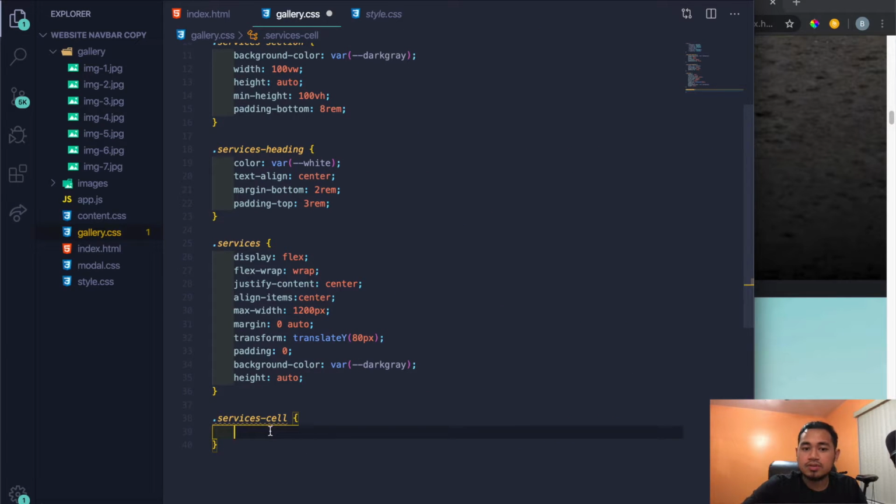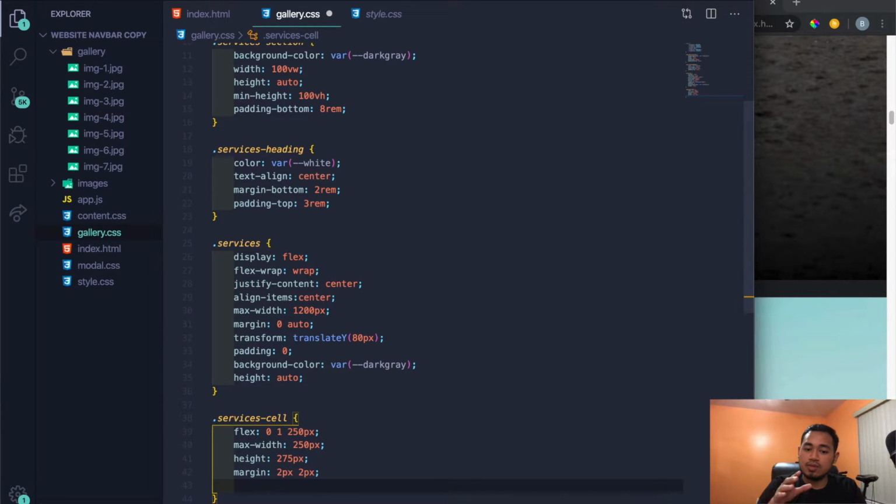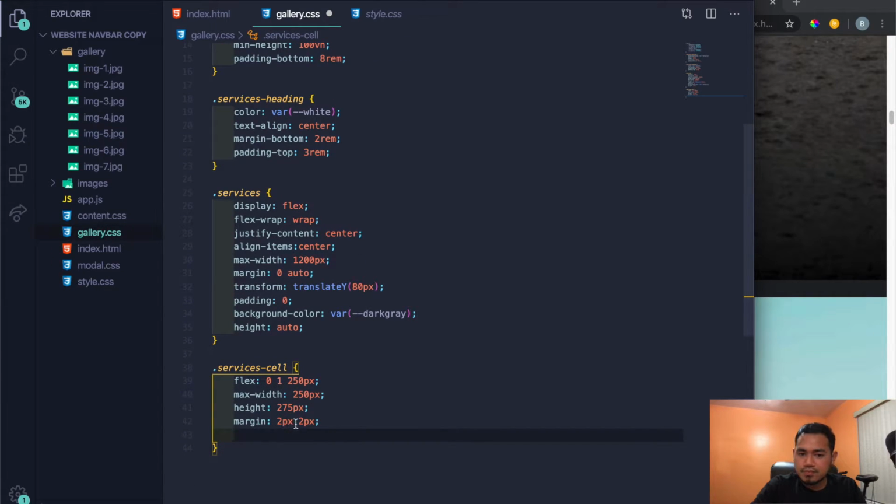So now let's go to services-cell and let's do flex: 0 1 250 pixels. I'm going to do a max-width of 250 pixels. I want to do a height of 275 pixels. Margin should be 2 pixels by 2 pixels. It goes top, right, bottom, left, but if you do it like this, it's basically the same thing. Actually, we could have just done that. Yeah, so margin like that, and then